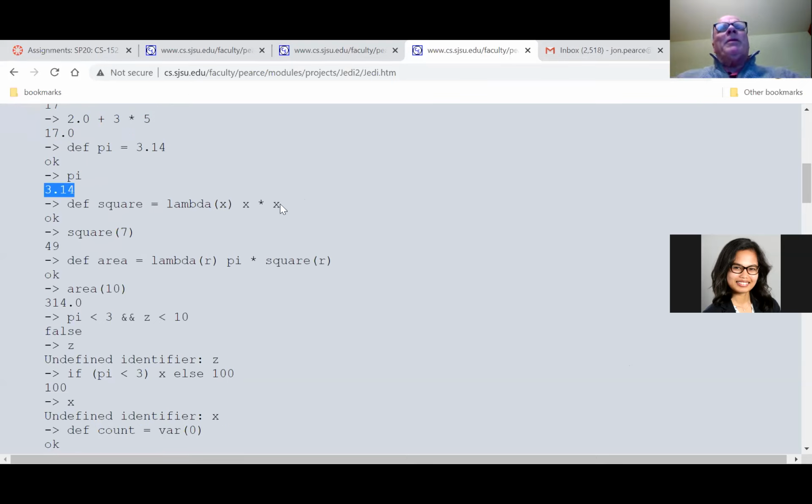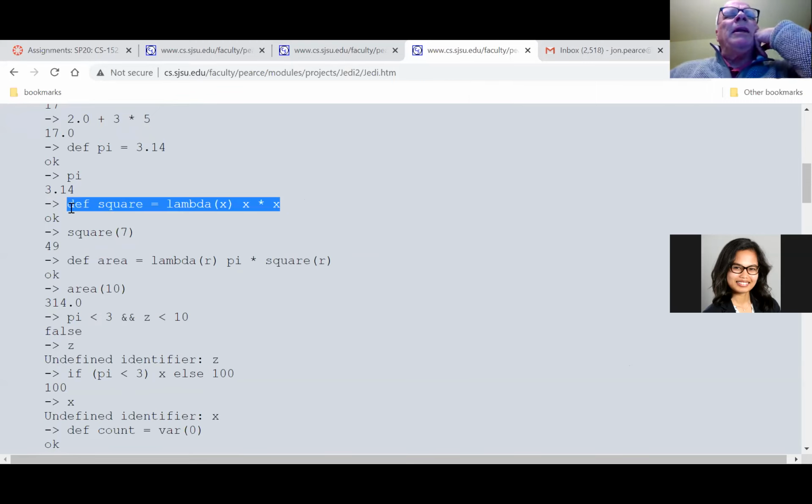We're going to be going over this in detail after spring break, but here's how you define a function in Jedi. It's just def square equals, and then lambda is like a keyword that you can think of as saying make a function. It wants to know what the parameters for this function are, and here's the body of the function.